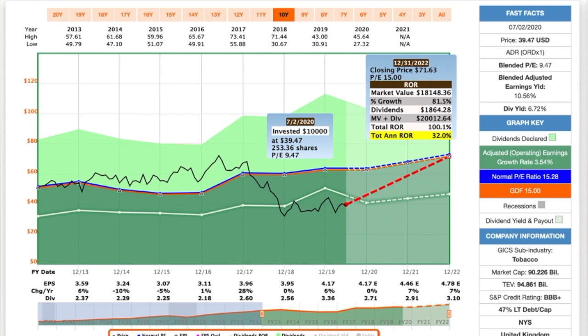If you were to buy shares at today's prices for 2022 expected earnings of $4.78, you can see you have a total annual rate of return of 32%. So that's very attractive. Investing $10,000 today has the potential of doubling your money in about 2 years. So that's real good there. And as you can see, from 2013 to 2017, the company was at a slightly higher valuation, around 17 PE. So if it was to go back to the 15 PE multiple, you have a great return on investment